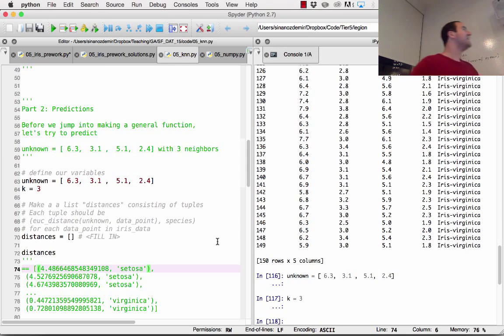Distances will be a list of 150 elements, 150 objects, each object a tuple. In the tuple, there are two elements. The first element is the distance from the unknown to that point, and the second is the species of that point. So, more visually,